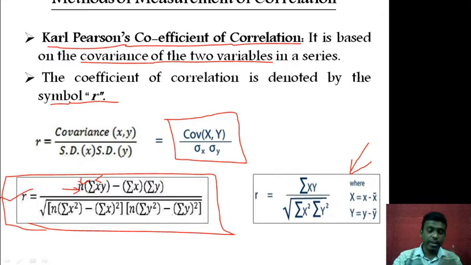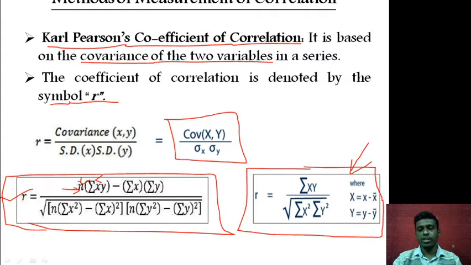So there are two techniques. Remember, correlation, whether it is Karl Pearson's method, the scatter diagram method, or the rank correlation method, is not affected by change in scale or change in origin. So what it means is basically you can change the origin. Here in this formula, for instance, we are changing the origin. R equals summation of, remember this is capital X capital Y which we are using here in this formula.